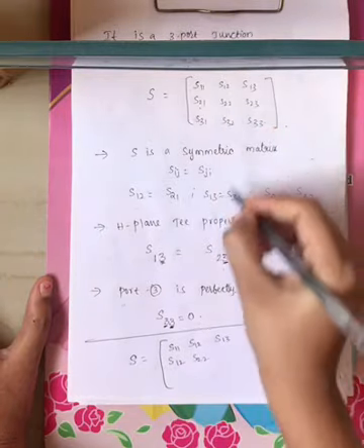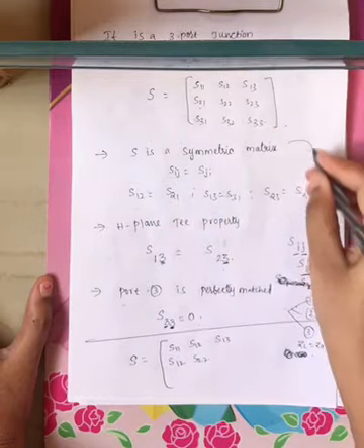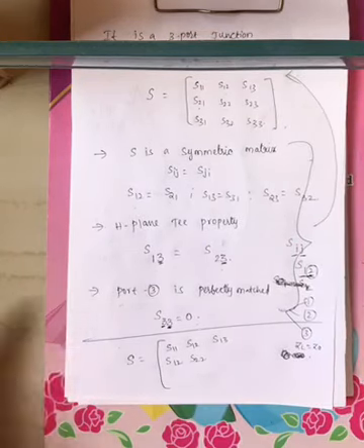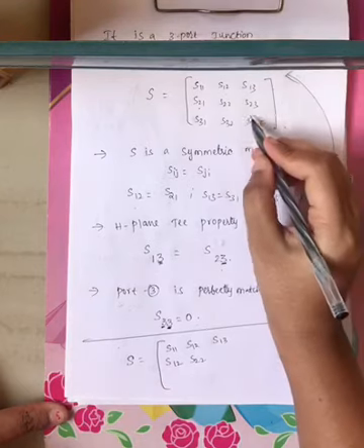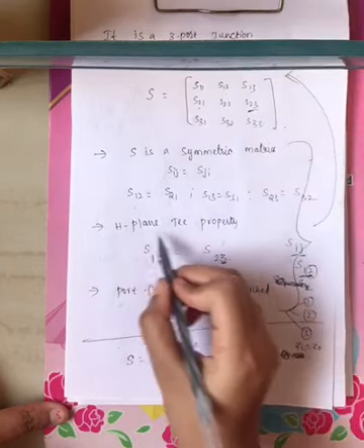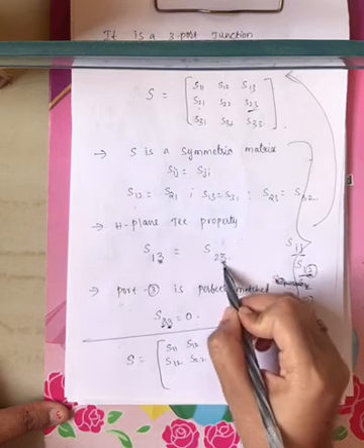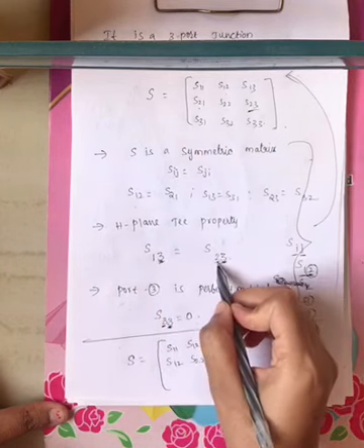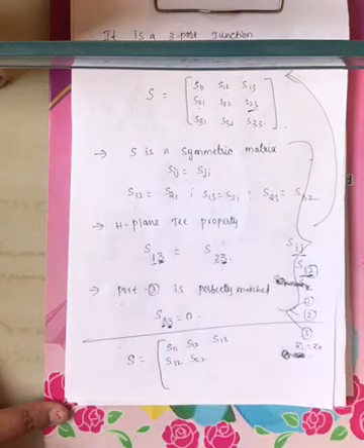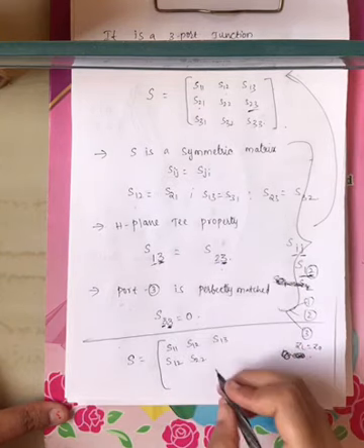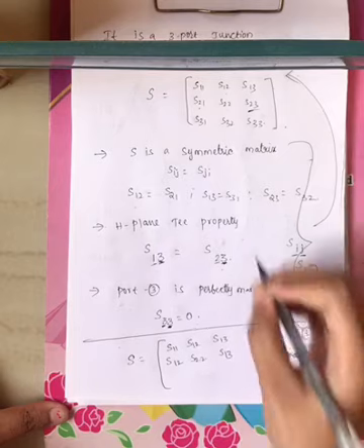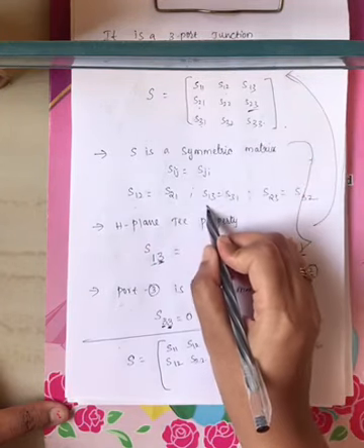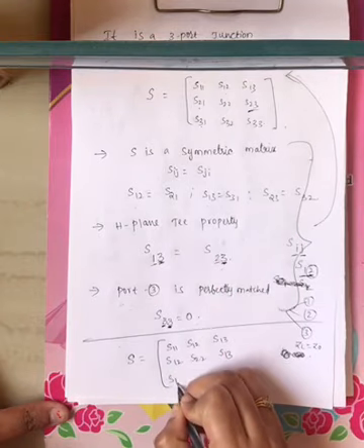Now we have to substitute all these properties in this matrix. I am writing this matrix S. Now what is S23? From the property of H plane T, if I give input power from port 3, output is collected from port 2 and port 1, which are equal in magnitude and phase. That's why S23 equals S13. Now what is S31? From the symmetric property, it is nothing but S13.